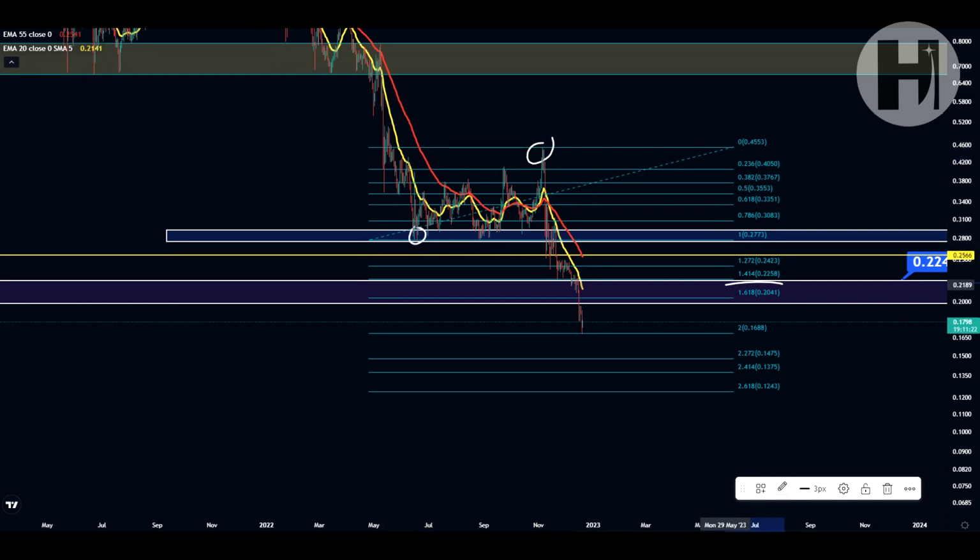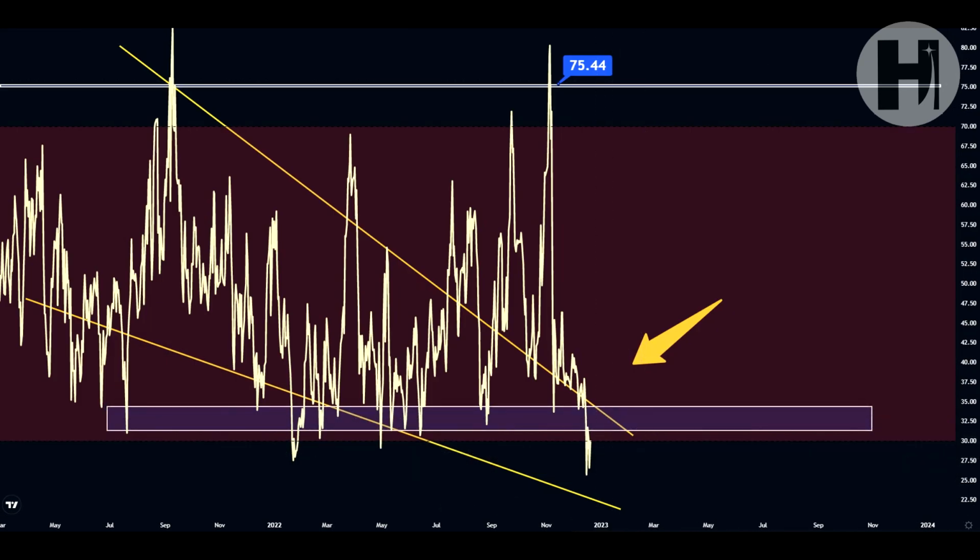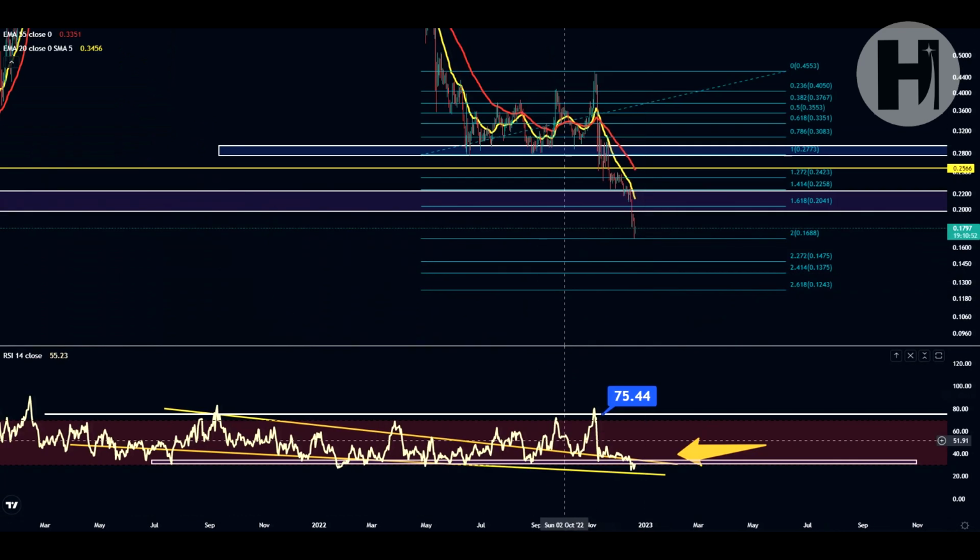Our 1.618 target was at 20.5 cents, and we blasted through that with this most recent pullback, coming all the way down to our capitulation target at almost 17 cents. So I would say this is a very good buying opportunity, not only because you're very overextended from the 20 EMA and the 55 EMA, not only because there is a huge gap in between the 55 and the 20 EMA, and not only because the RSI is in the oversold currently on the daily chart,